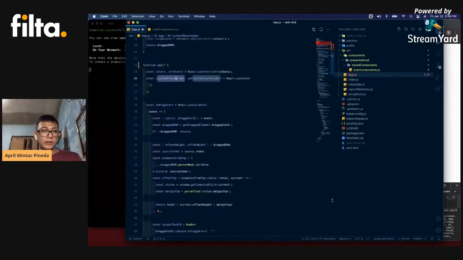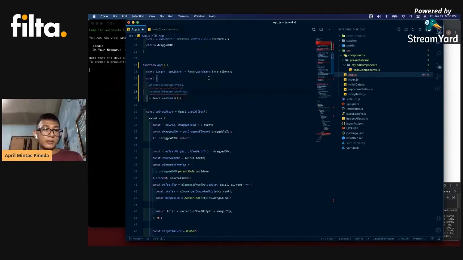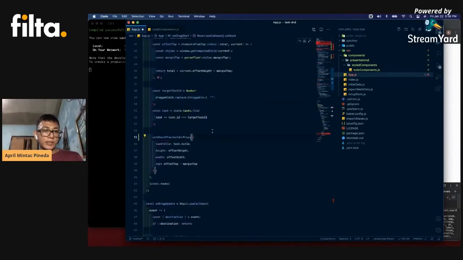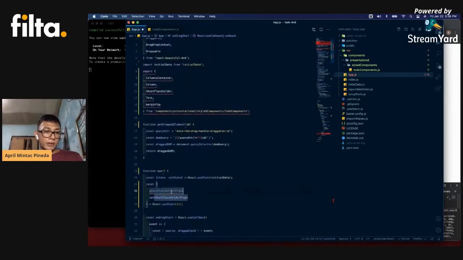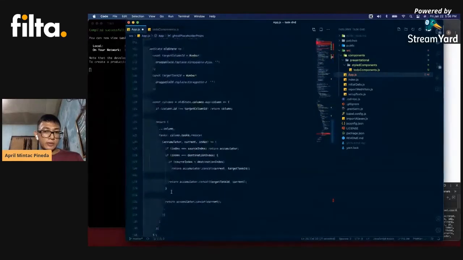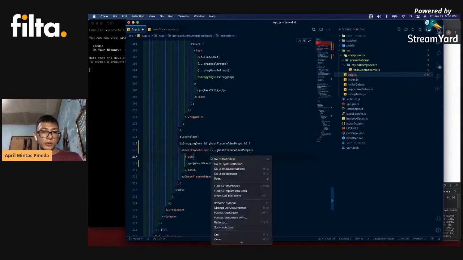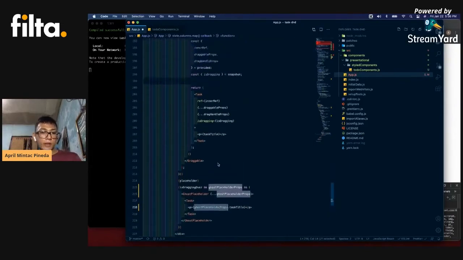So let's say ghost placeholder props. Then let's just do set, and then I'll just rename these into that and change these ones at the bottom right here into the new name.